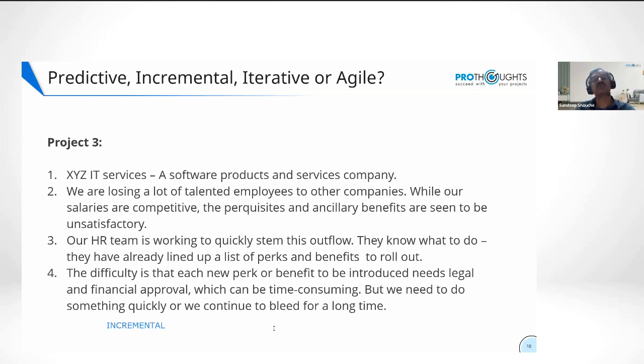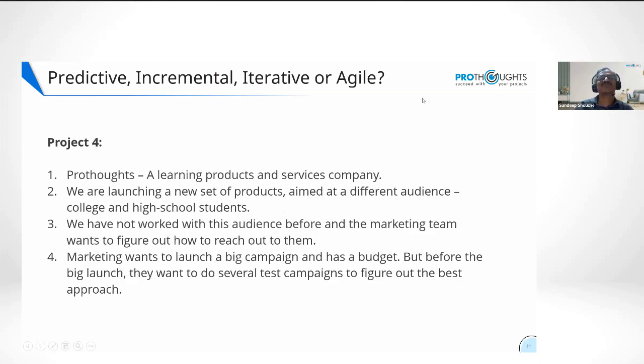I cannot make people wait. Within 6 months, 1 year, we are going to fix this problem. Sorry, I don't have that much time. I have 3 offers in hand. Show me what you're going to do today. That's the question we need to answer. And you can probably see where we are going with this. One more question and then I'll get off this horse. Last project I want you to comment. Which life cycle model?